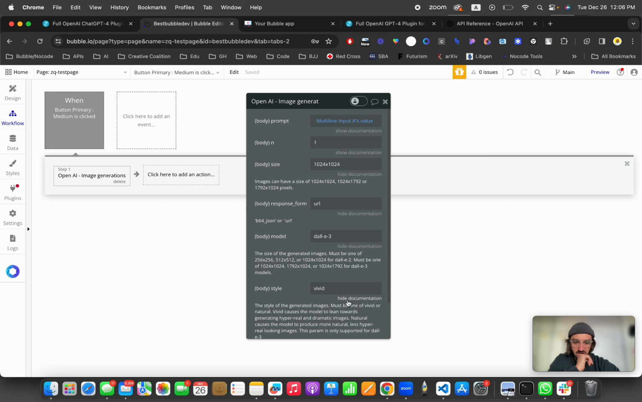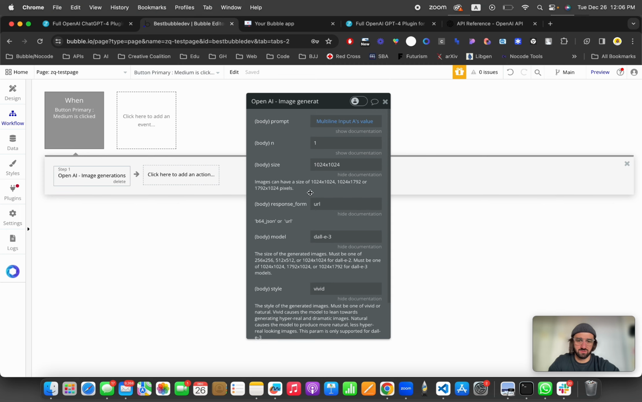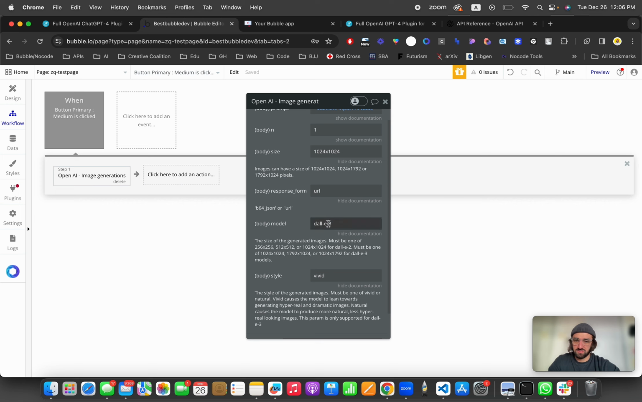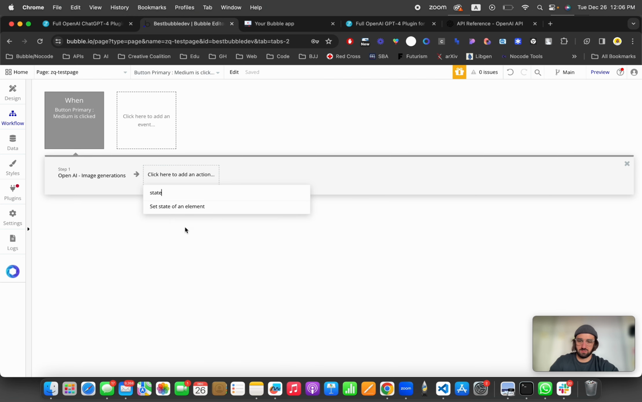And then you've got style. The style of the generated images, I think anything can go here, whatever you want. Oh no, it says must be one of vivid or natural. Okay, yeah, there is a parameter on OpenAI, and it's just either vivid or natural. Let's do vivid. I really don't care for this specific thing. Let's use DALL-E 3 1024, no problem, and set the state